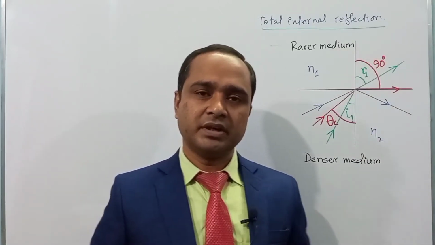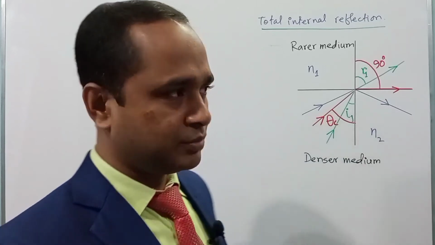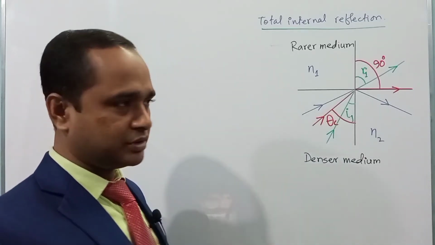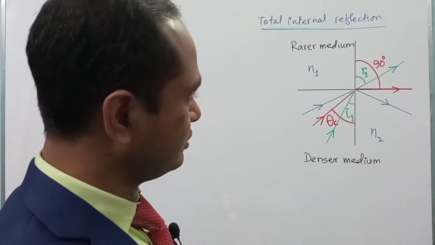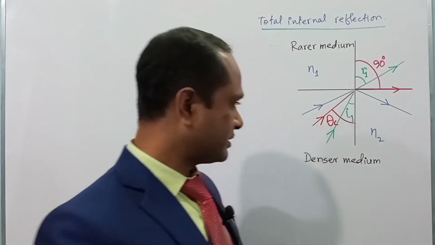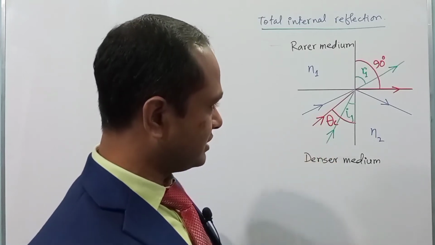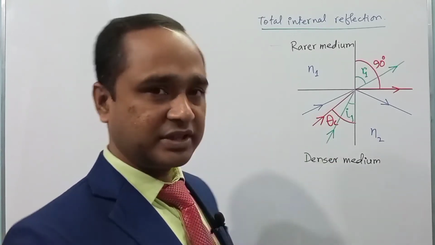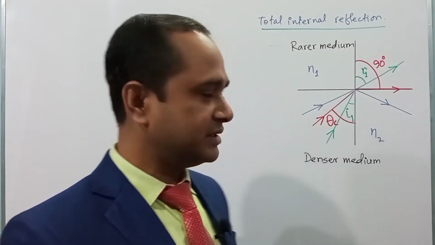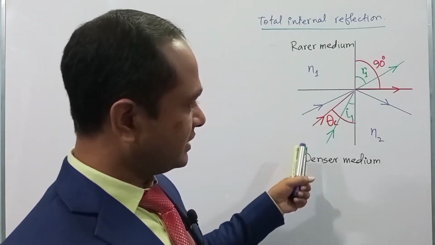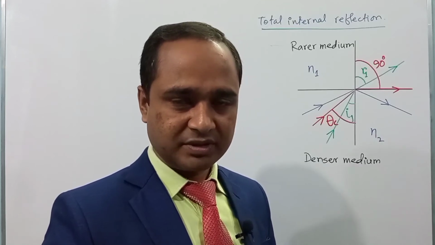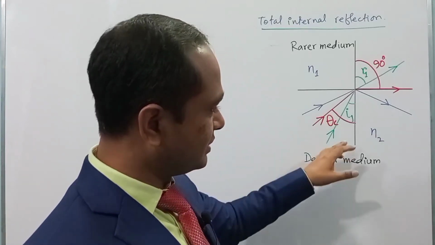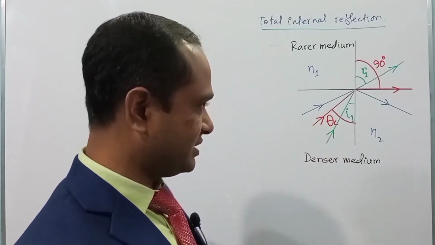Dear student, now we are going to discuss another important topic of this class, that is total internal reflection. You know, when a light is incident at the critical angle between the two media, then the refracted ray will pass along the plane of separation. Dear student, if you would like to increase the value of the incident angle in the denser medium,